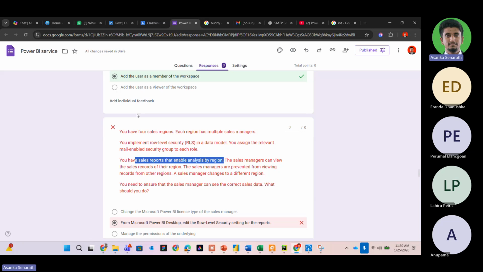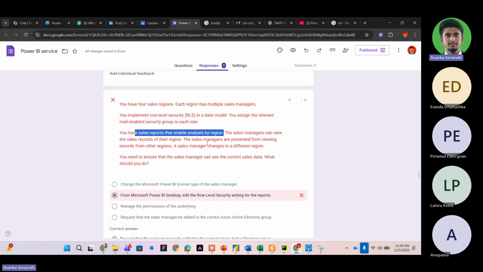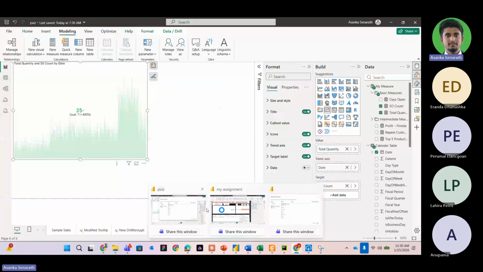So here in the first, it says you have assigned a relevant mail enabled security group. So you have created a security group, right? In Microsoft, you can create mail groups, right? You have created a mail group. You haven't added those people manually one by one.